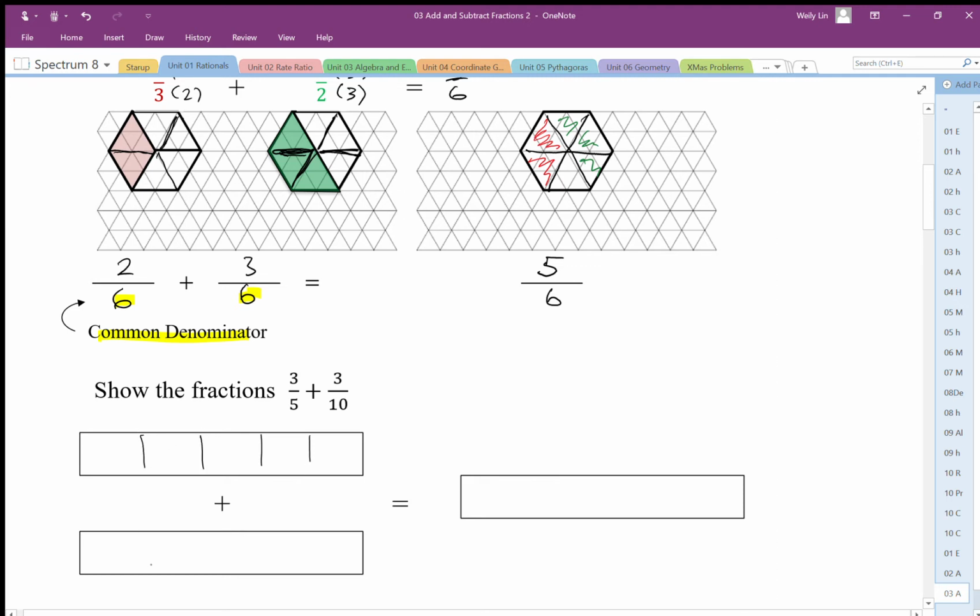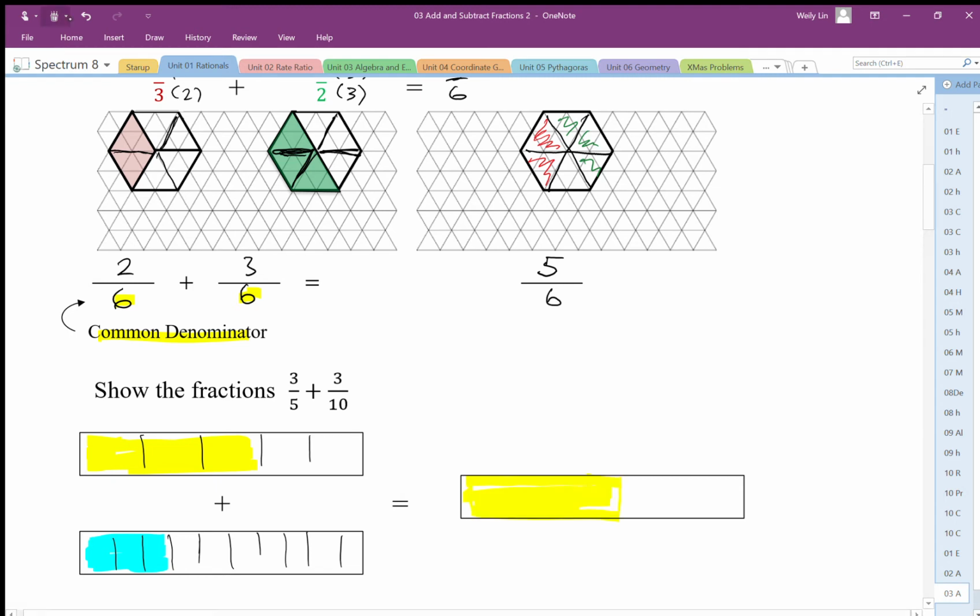Okay, and then I have tenths. So I'm going to have 3/5. I have 3/5 here, and I have 3/10. So I have 3 out of 10 pieces here, and I want to add them together. Well, again, I can't really. Well, I can put them together. I can kind of estimate. If I put them together in my fraction bar, it's probably going to be something like this,